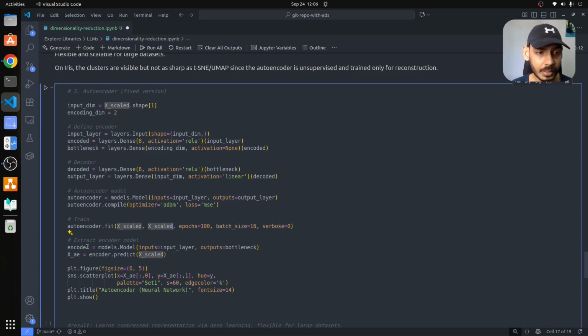And while you're doing this, since this is dimensionality reduction, we are not interested in the output layer, which is this one. We are interested in the bottleneck layer where you have the 2-dimension space. The whole input is projected into 2-dimensional space, which is 2 here, the encoding dimension. So if you see at the bottom, the extract encoder model will be taking the output from the bottleneck, and that is your output. And then we are creating an encoder,